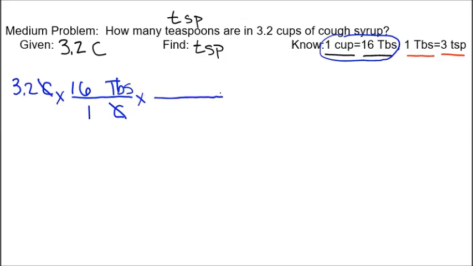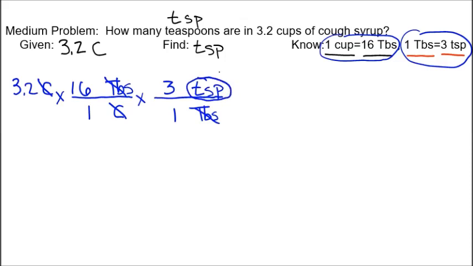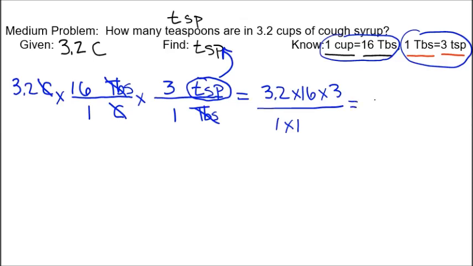Now it's time to go from tablespoons to teaspoons. So we'll bring tablespoons down so that they cancel. We'll switch over to teaspoons, TSP, match the coefficient. 1 tablespoon is the same thing as 3 teaspoons. We've canceled out the tablespoons. All we're left with is teaspoons. That's what we're looking for right here. So let's go ahead and do the math. We would multiply 3.2 times 16 times 3, and in the denominator is 1 times 1. If you plug this into your calculator, you're going to get 153.6